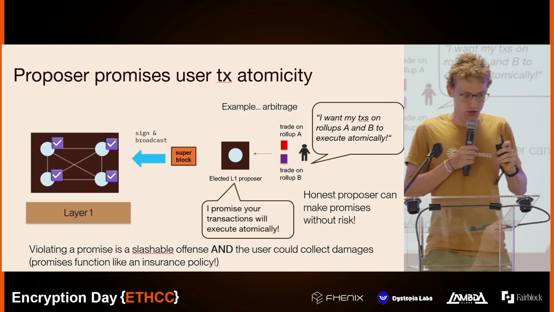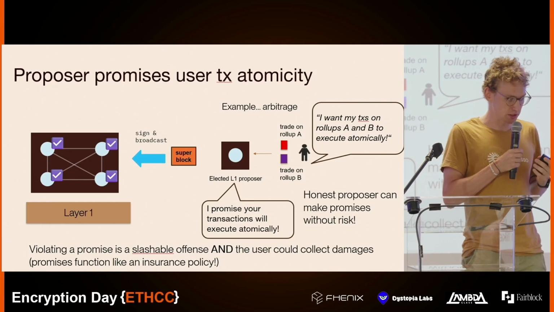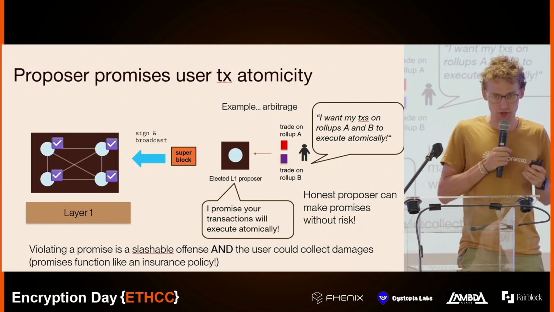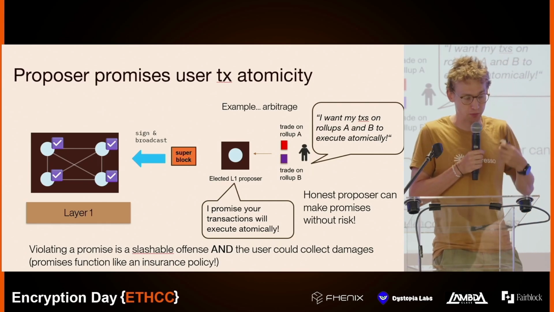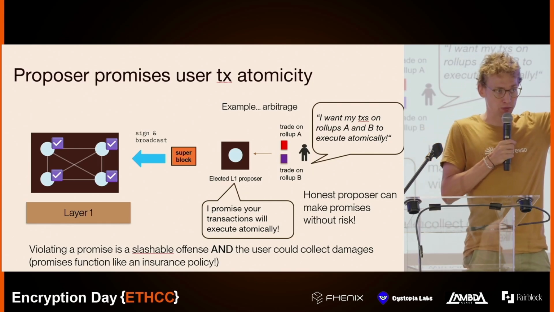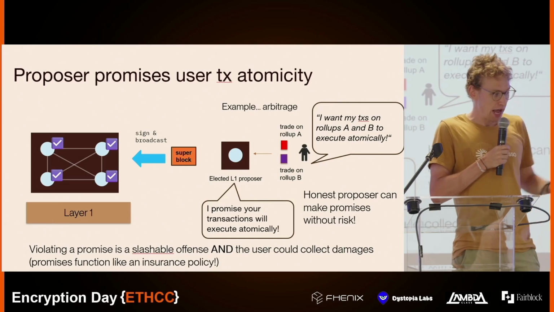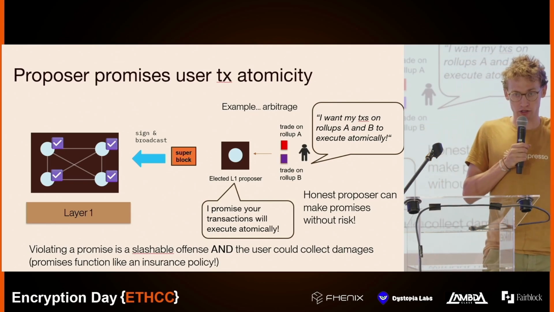One of the things that the rollup sequencer can do is promise you that it will execute some transaction before it even has posted the block to L1. However, the problem is, what if I want to execute two transactions, one on one rollup